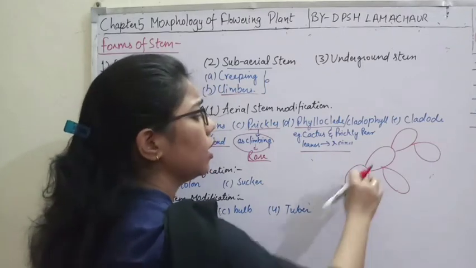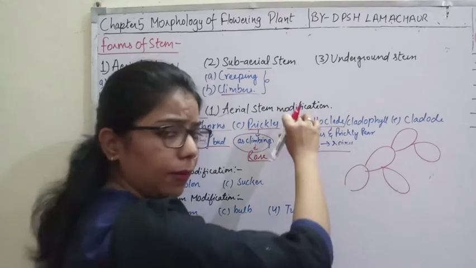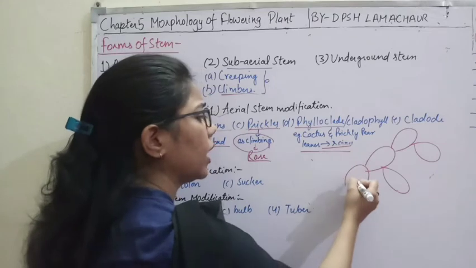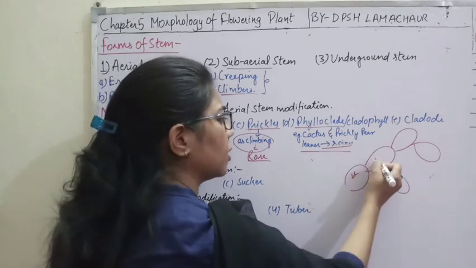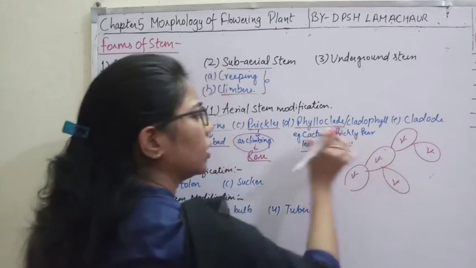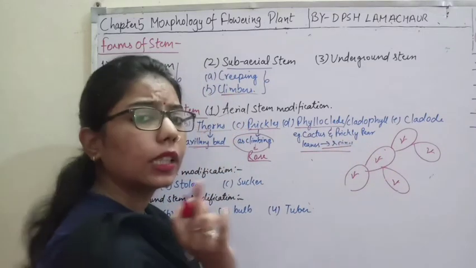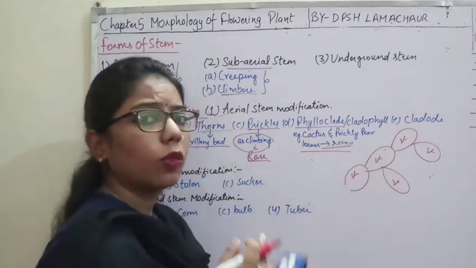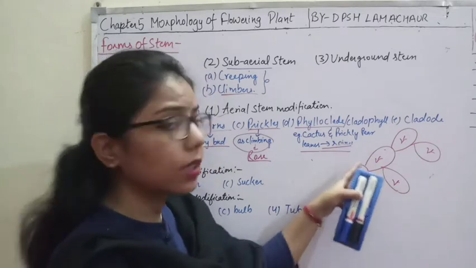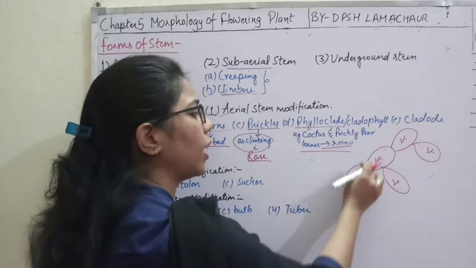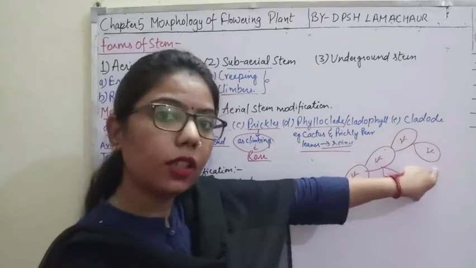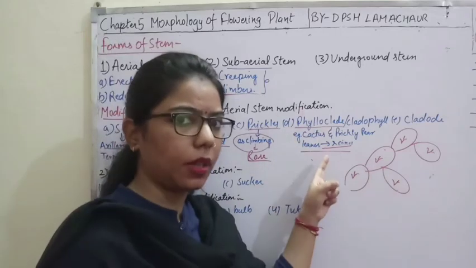They are nothing but the flattened structure of the stem, and these leaves, okay, the spines which are present here in case of the cactus and the prickly pear, they are the extension of the leaves. The leaves get modified into spines, and the stem will get modified into this flattened structure, and they will provide node as well as internode, just like the stem here.